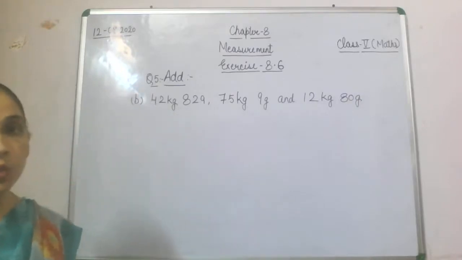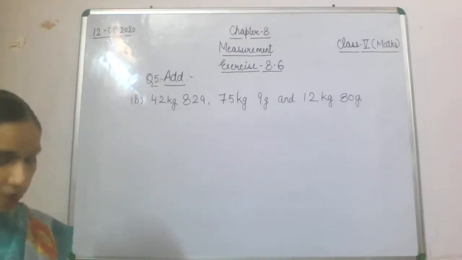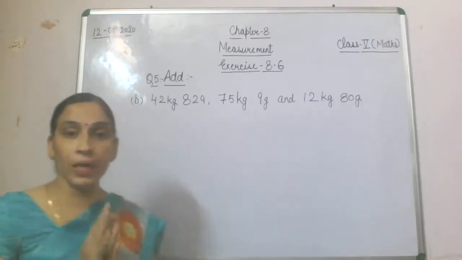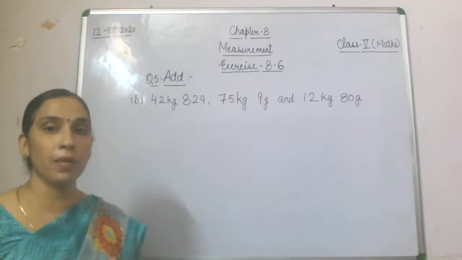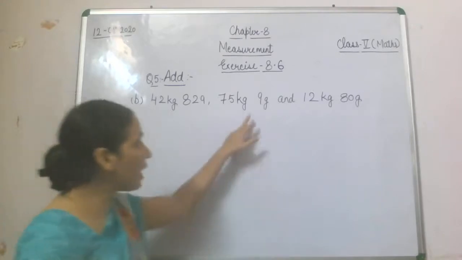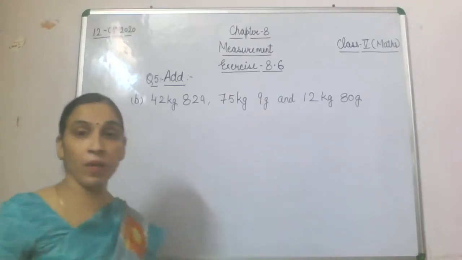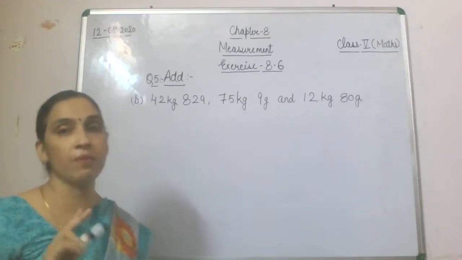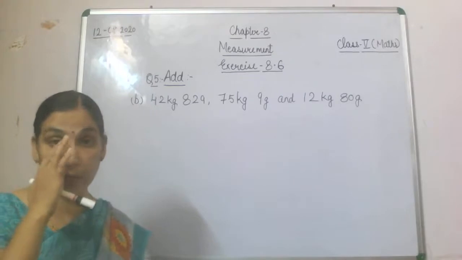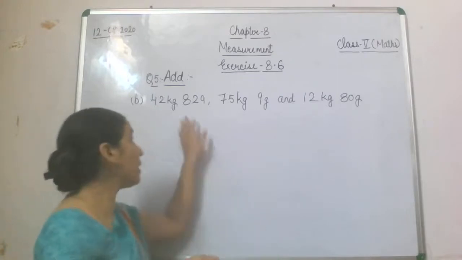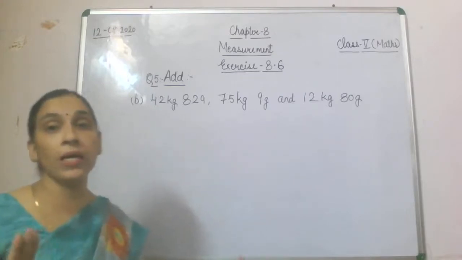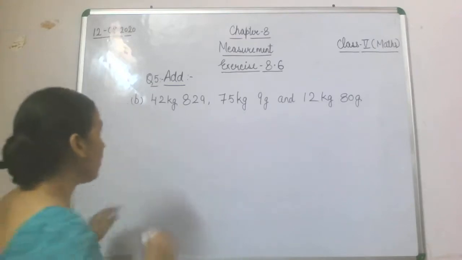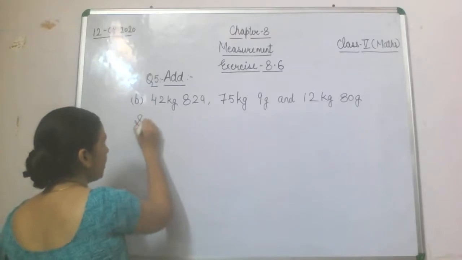See now what we will do. Whenever a gram will be changed into kg, then we require 3 decimal places. Remember this. If we have 1 place, then we will put 2 zeros before that number. If we have 2 places, then we will put 1 zero before that number. And if we have 3 places, then we do not require to place any zero. Now, remember this. I'll repeat this once again.